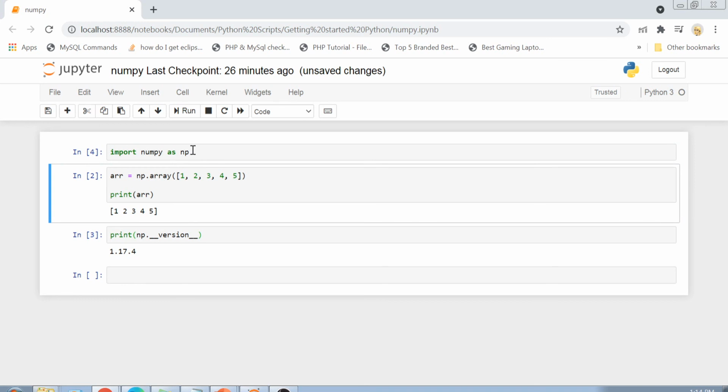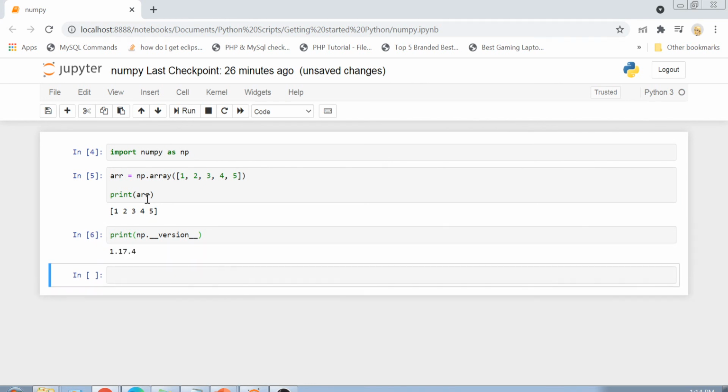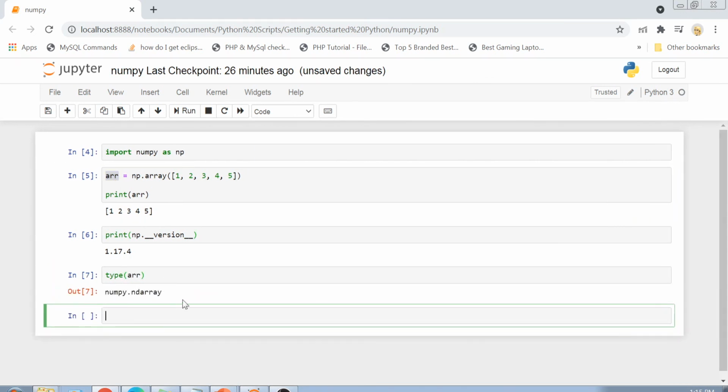A NumPy array can be created with a function called np.array, and you can see that all the elements in this array are of the same type. Now we will simply print this array. And the last thing is, if you want to find out the version of your NumPy, you can just write np.__version__ and you will be able to find the version. If I also try to print the type of my NumPy array, you can see, as I told you in my presentation also, that NumPy creates an array of object type ndarray. So here my output printed ndarray.